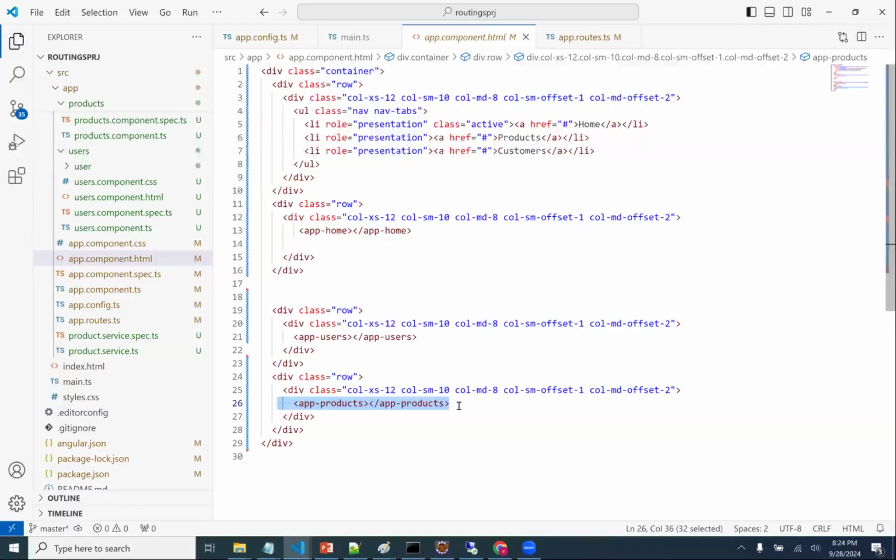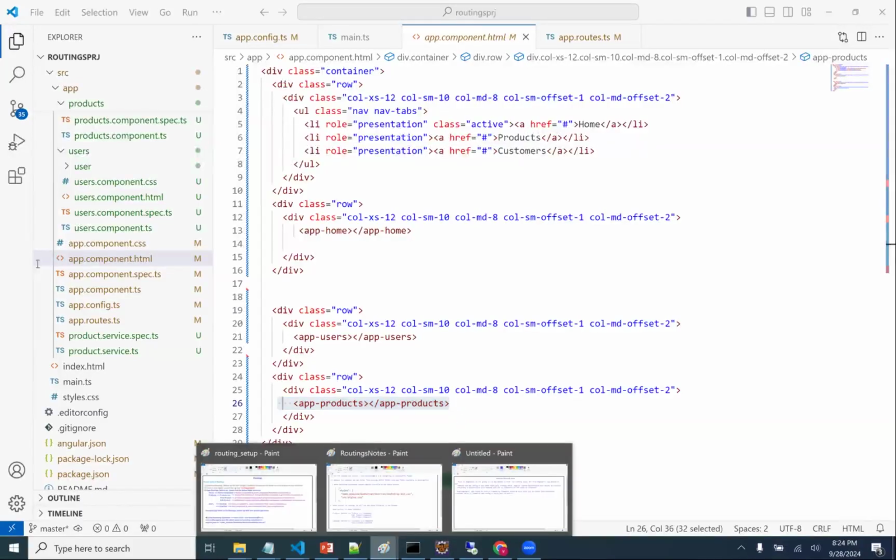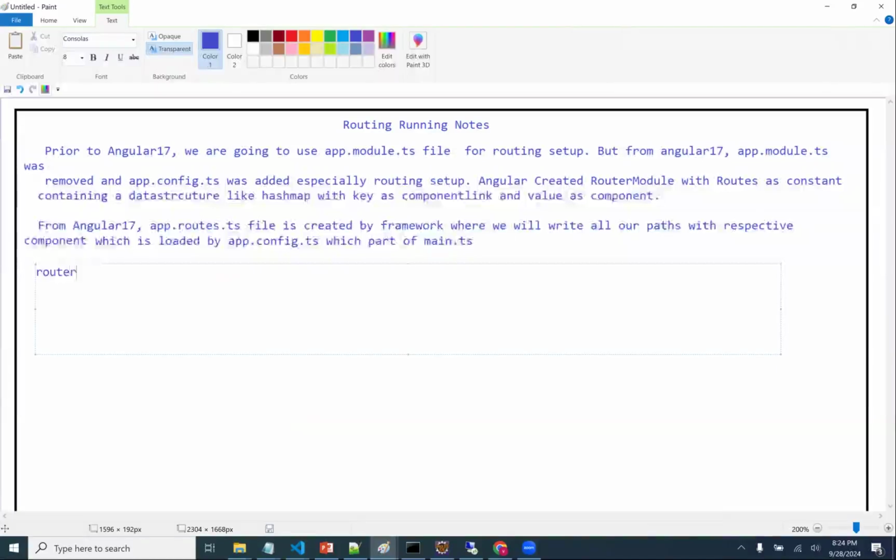Okay. Now, we don't want to bootstrap this manually, guys. So, we have router outlet. A router outlet is the bootstrapping command given by Angular routing, which dynamically loads the component,